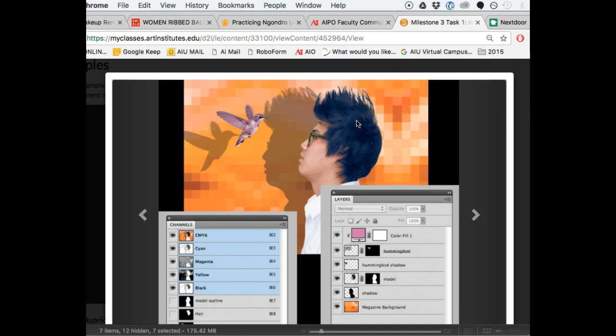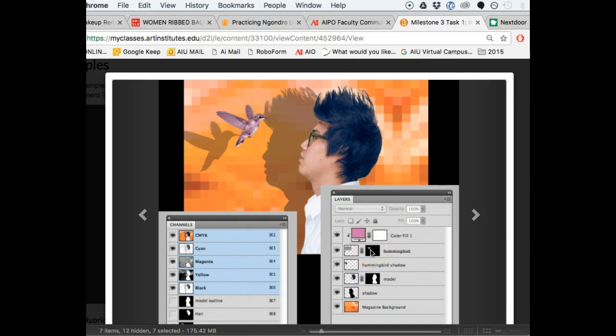I would say that the most important thing that you are learning or working on is the layer mask. So you added another object using a layer mask, or that was the goal. And I know some of you are still working with that, and that's okay. It's definitely one of the steps. And it's going to end up looking like this, where you have a photograph with a layer